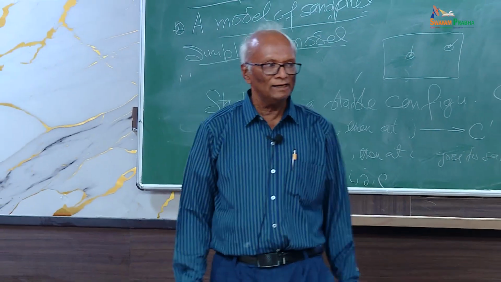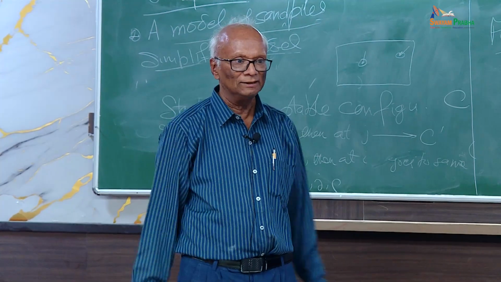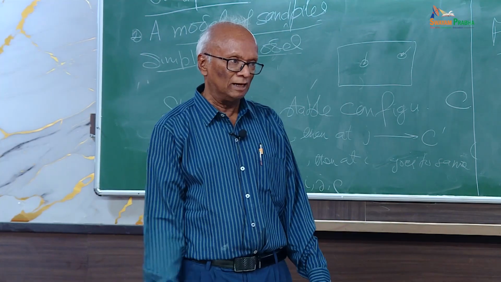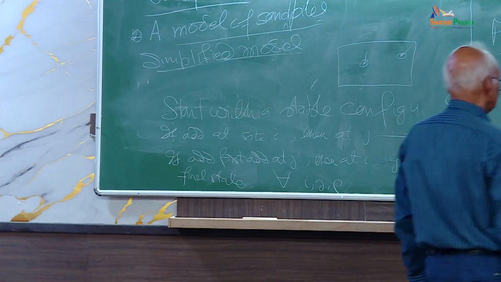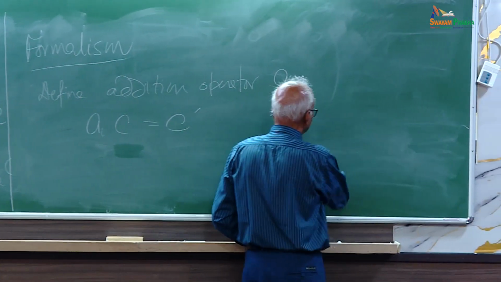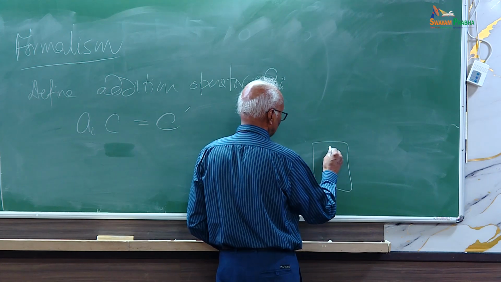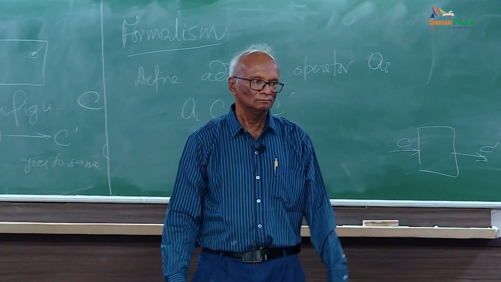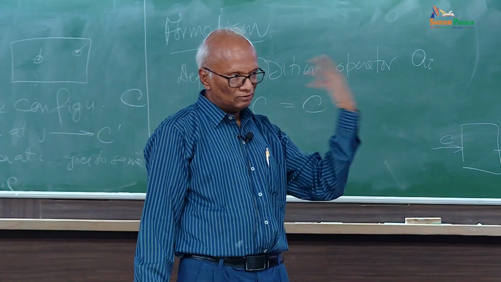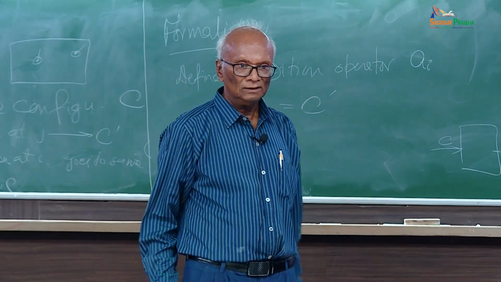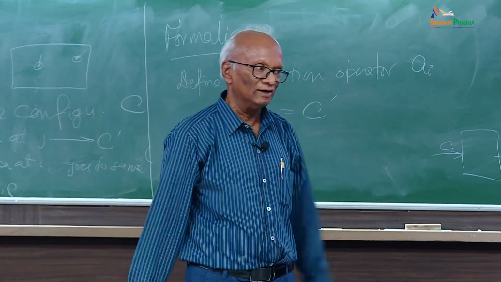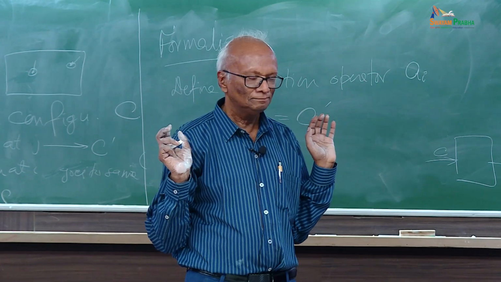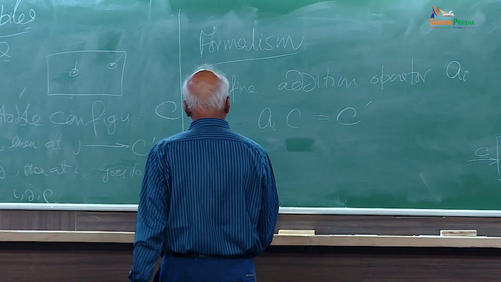By definition, A I acting on a stable configuration says you add a particle at site I, relax as much as you want, as needed, and the final configuration is C prime. The operator is like a slot machine. You add a configuration C and it outputs a configuration C prime. C is stable, the C prime is stable, and what it does in between is to add the site I, topple everything and get the final answer. I don't want to get into the details of how it does the toppling inside. Okay? And then I can define